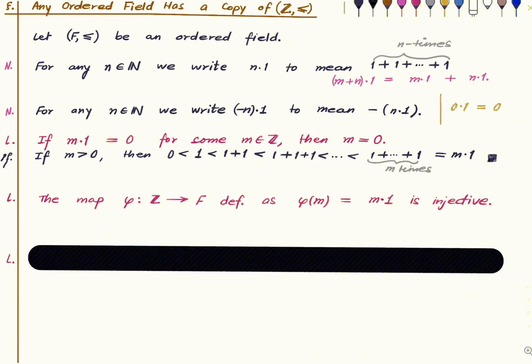Then a corollary of it is, let me just record that as a corollary rather than a lemma. So this map, which takes the integer m to m dot 1, is injective. That's an immediate corollary of the previous one. How? Suppose phi m equals phi n for some integers m and n, then m dot 1 equals n dot 1, which would imply, and this needs to be proved, that m minus n dot 1